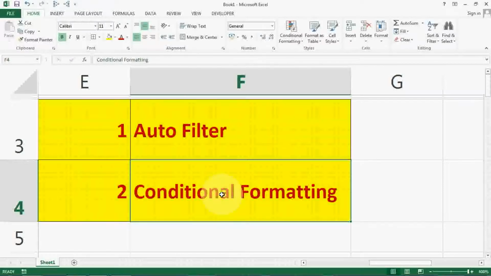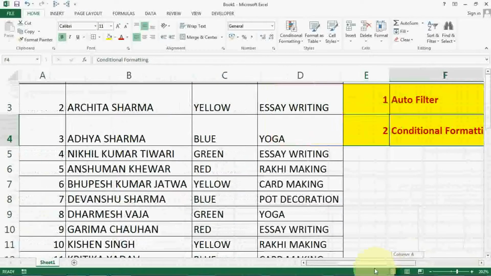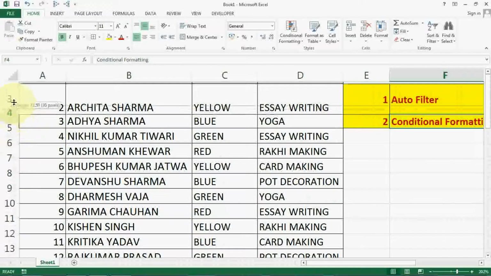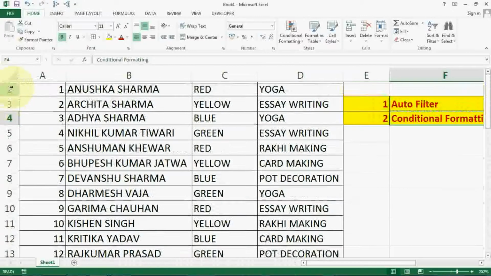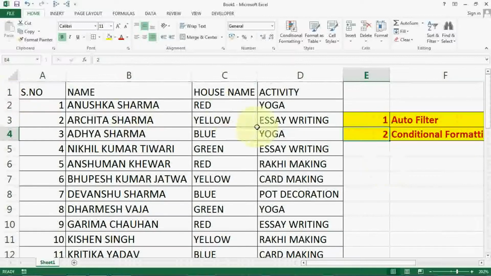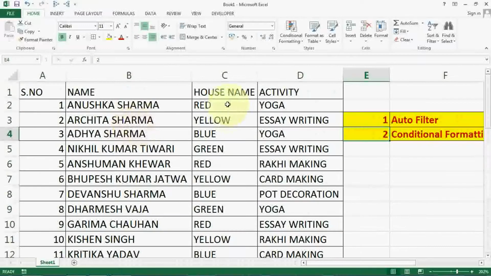Autofilter means you want to display data out of a given data set according to your condition. Suppose here I have entered this data. I have entered records of 20 students for house-wise activity.